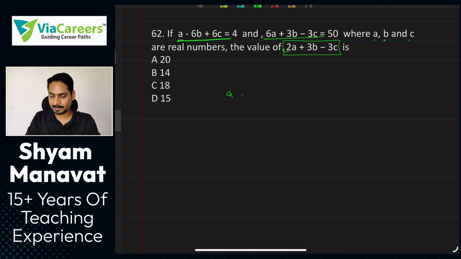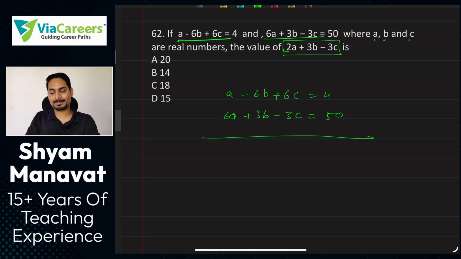If you have done my concept lectures and the practice questions, then you will realize, or you can recollect, that we have discussed this there as well. So, here you have one equation, here you have another, 6a plus 3b minus 3c equal to 50. Now, we assume that we do some sort of elimination method. अब elimination method क्या होता है? You multiply something in equation number 1 and some other number in equation number 2, and then you add or subtract and you get this combination. That is the elimination method.